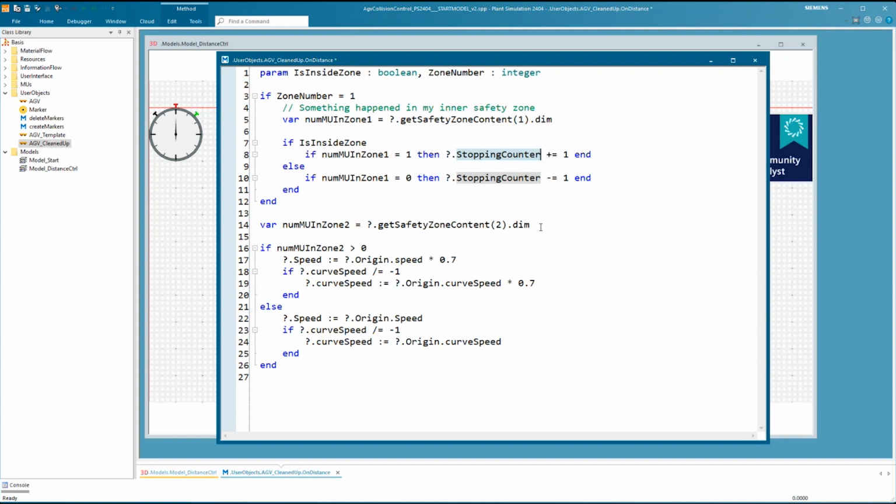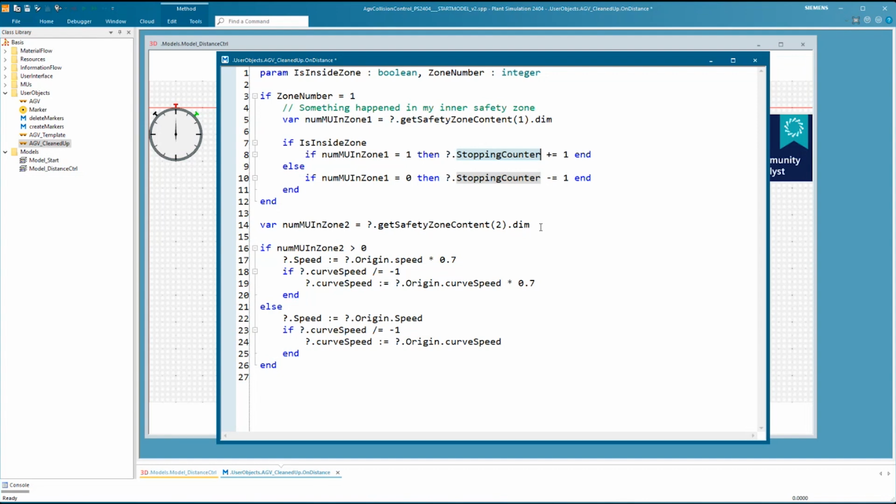If that is activated, they will consider deceleration to reach a speed of 0, so to come to a stop. And basically, you could also increment this stopping counter for other reasons. So you could use it in other controls to say the stopping counter is incremented by 1 through this distance control, but you could have other reasons to stop, like a failure or battery or some other collision control method that has nothing to do with other AGVs.